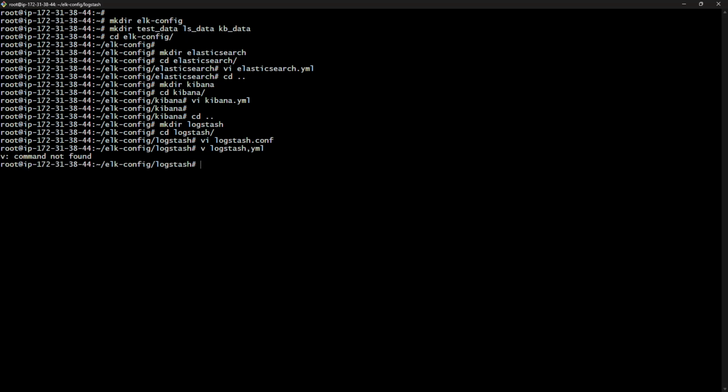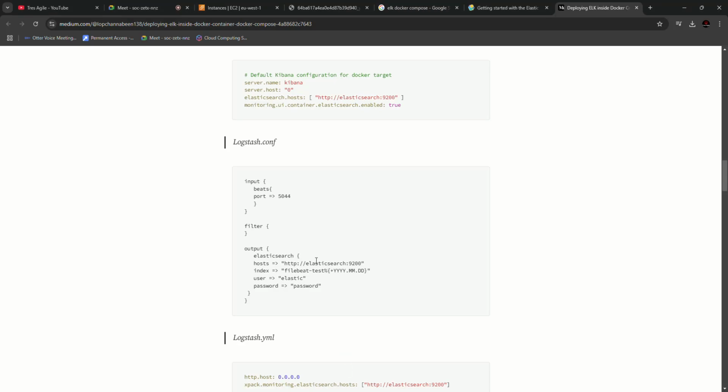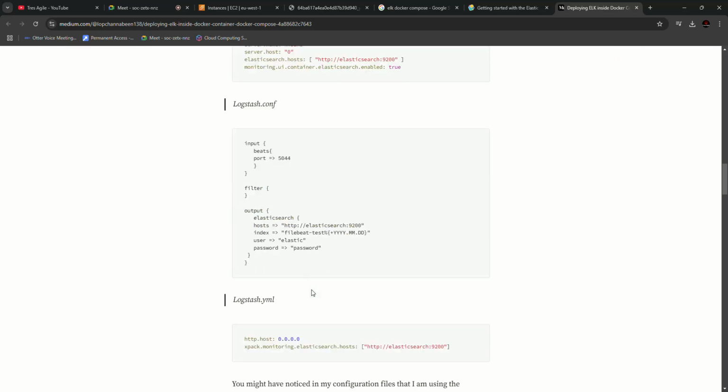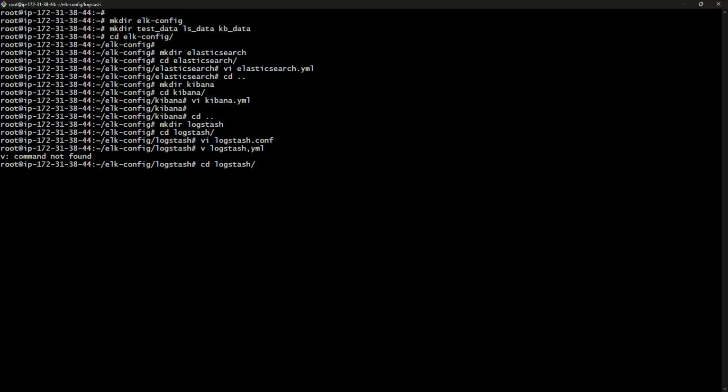Bro, do we need to update the host? Yeah, we didn't actually update the host value. There is a key called host. Where is it? Yeah, it is there in the output. In the output we copied, right? Host. Let's see. Sorry, let me just open again. Haven't I copied? Yeah, we copied actually, but do we need to change it to our